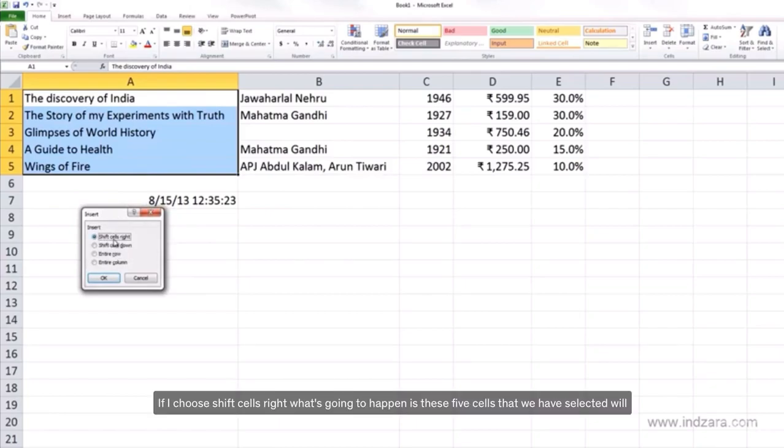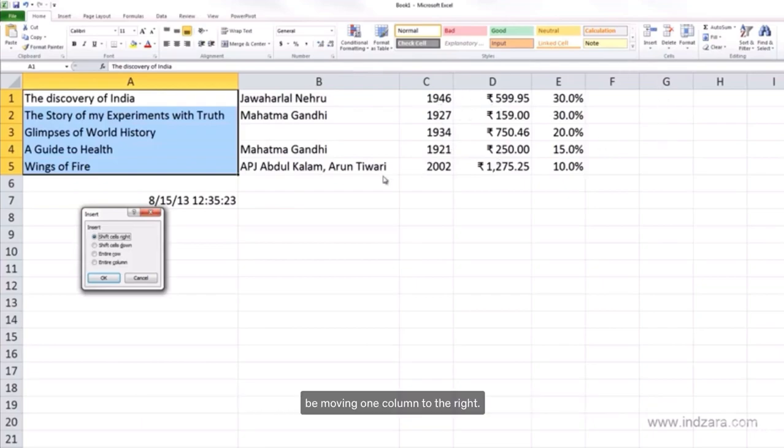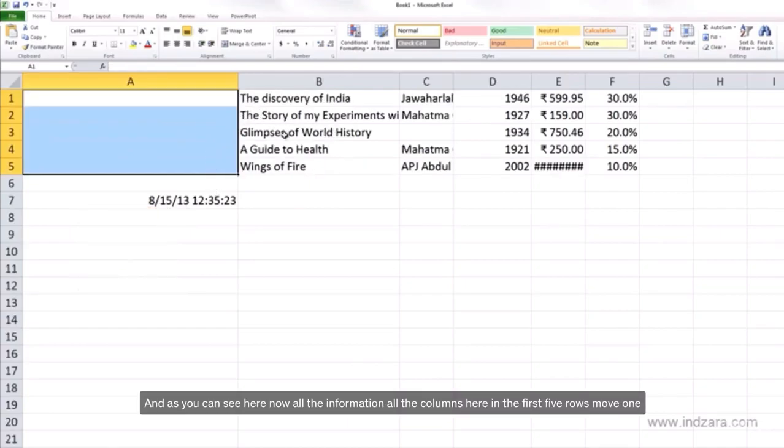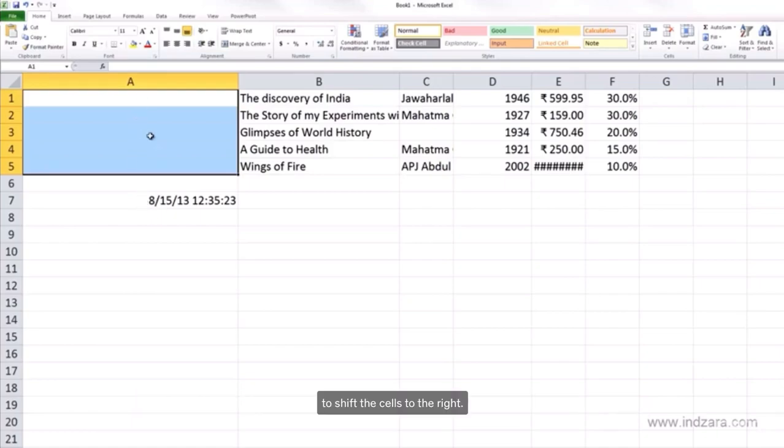If I choose shift cells right, these 5 cells that we have selected will be shifting to the right, which means the names of the authors will move one column and everything will be moving one column to the right. And let's try that. As you can see here, now all the information, all the columns in the first 5 rows moved one column to the right, and because we only selected 5 cells to begin with, it left a blank new cell in these 5 cells, and the date and time here has not moved because we told Excel that I just want you to shift the cells to the right,